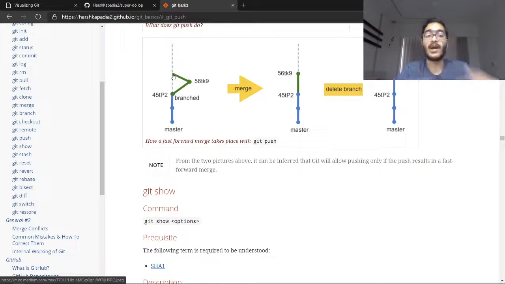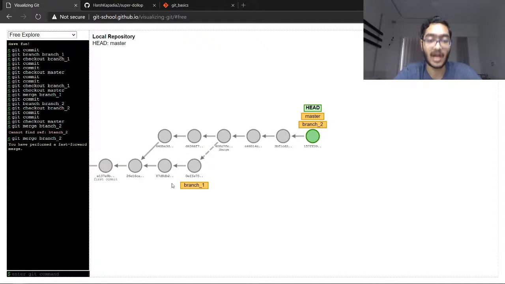Now, why did it do this, and why didn't it create a new commit? If you have not already understood, in the first case, after I had branched off of the master branch into branch 1, there had been commits in the master branch. So Git was forced to create a new commit to combine these two branches, because there were some changes that were not there in this branch. So Git had to create a new commit to combine these two changes,